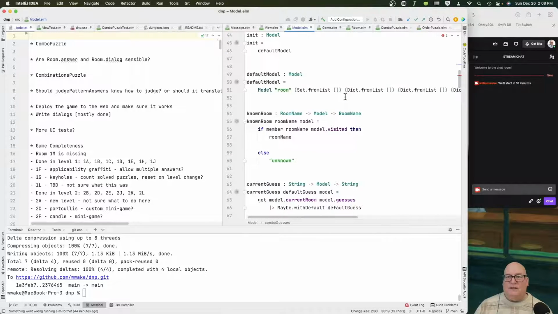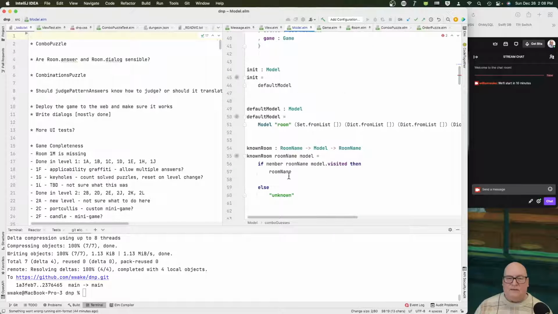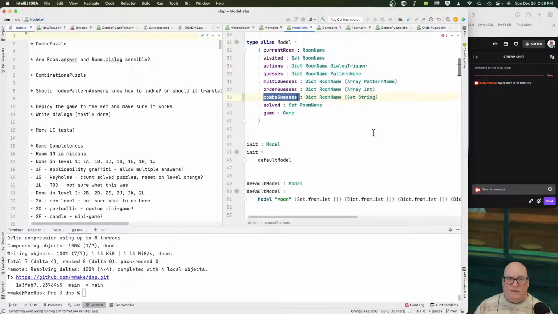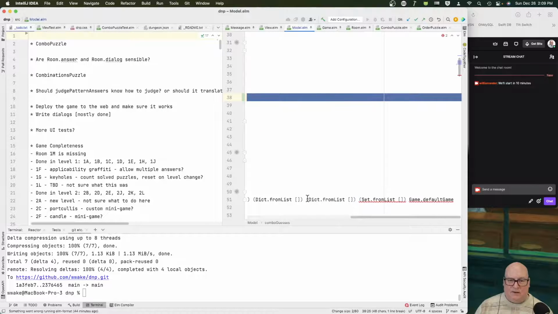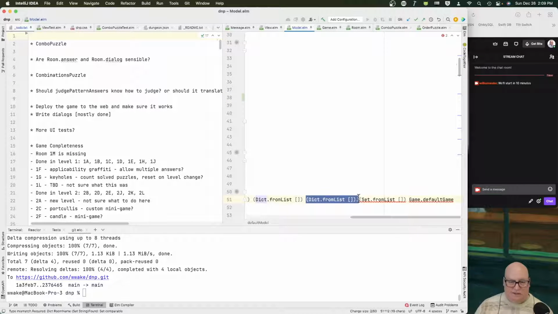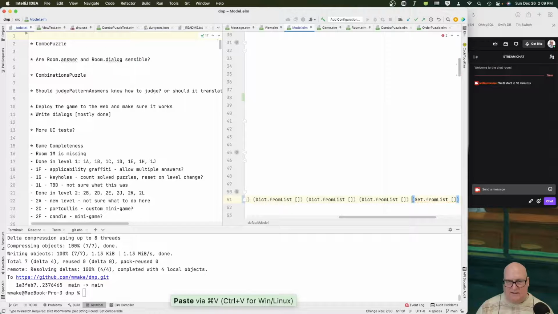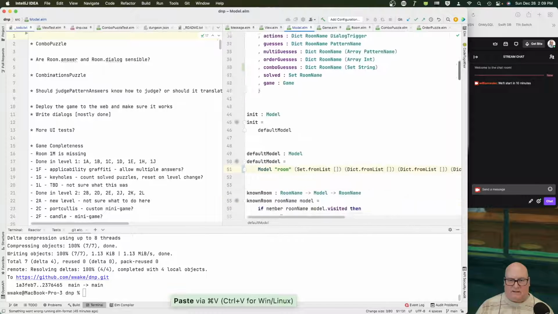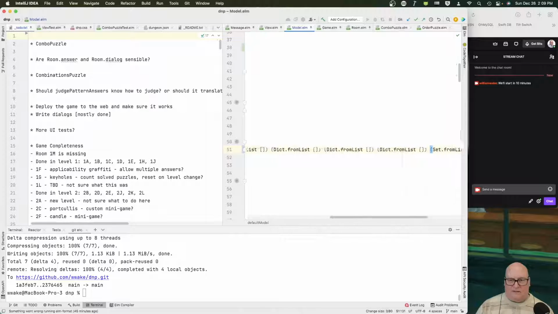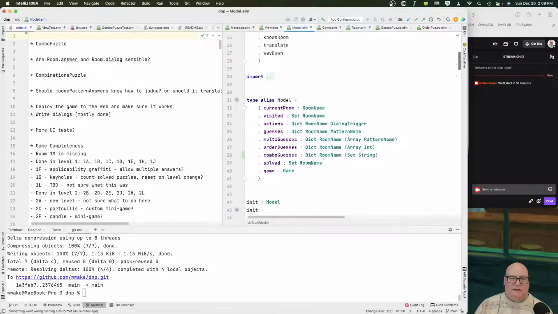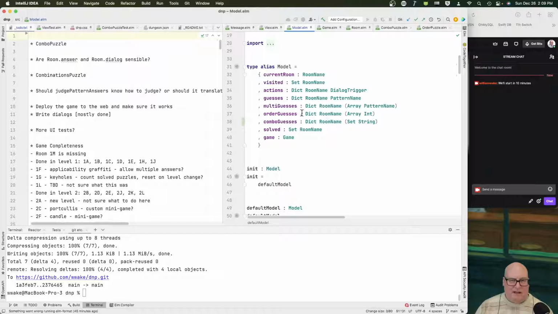Okay, here's one. Instead of set of room name, default model, it ends with set of room name, but I don't have this dictionary. So I need another empty dictionary here. And you can see why I'm not liking this. It's got all these information blobs. And the alternative I maybe have,